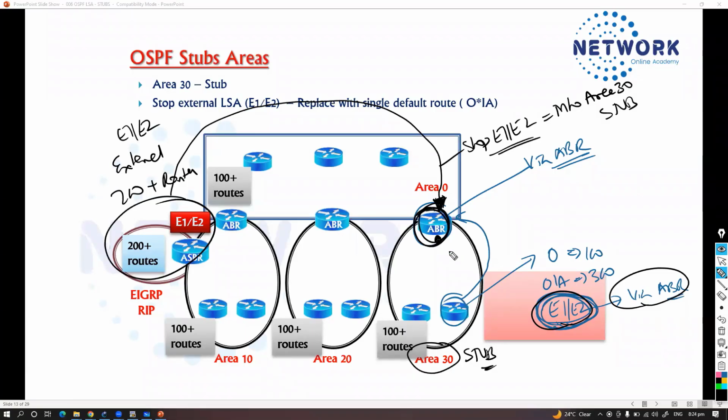So the problem here is, when these routes are being stopped, what about the communication process? Because if you just remove these routes from the routing table, it will impact the communication, and I don't want that to happen. So to make that possible, I'm going to simply inject the default route. So when you configure this area 30 as a stub, it will automatically inject one default route. And that default route is 0.0.0.0, and it will be pointing towards a border router, which says that any